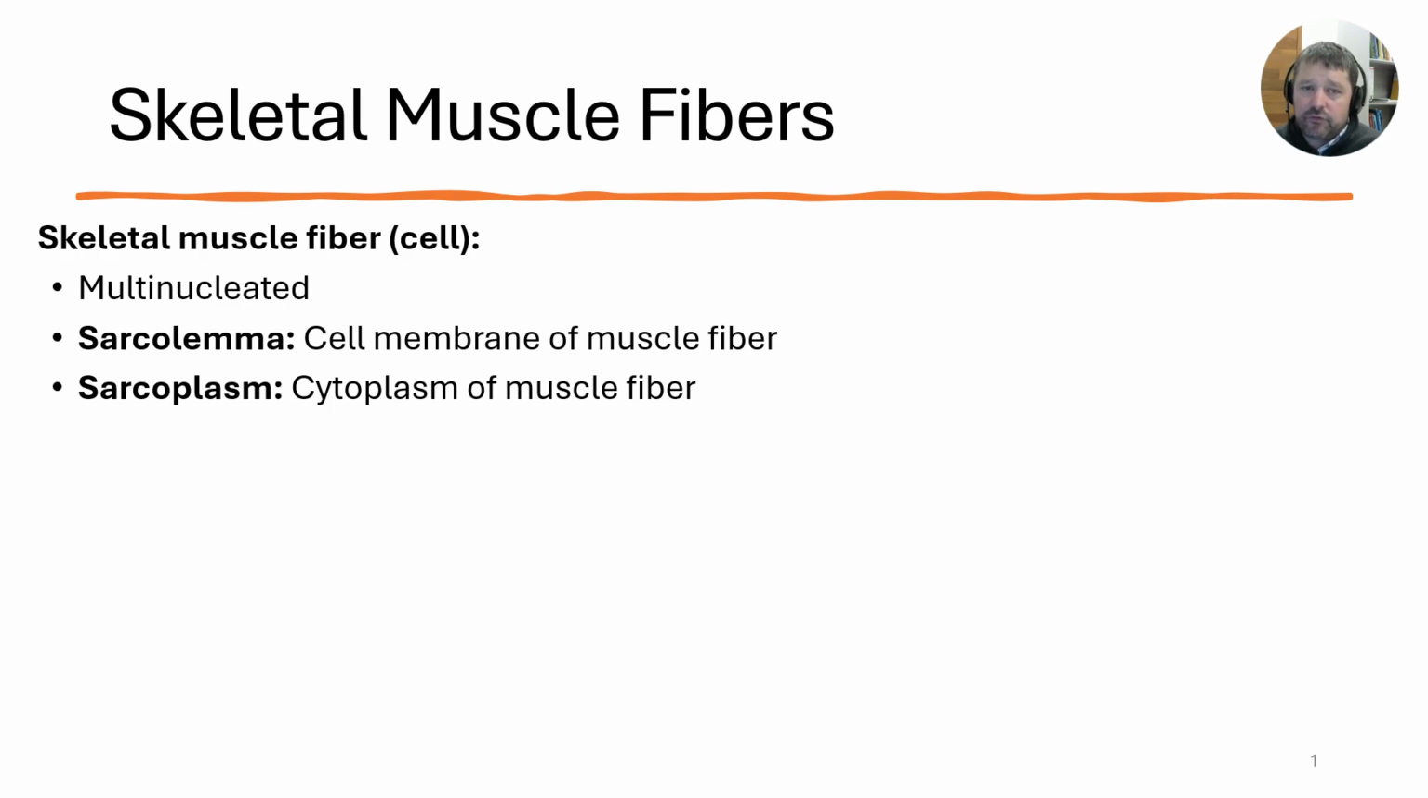So one way to mitigate that is to have multiple control centers. So we have multiple nuclei in a skeletal muscle fiber. It can be long and skinny as long as you have multiple nuclei, which are the control centers of that cell. The sarcolemma is just a special name for the membrane of the muscle cell or the muscle